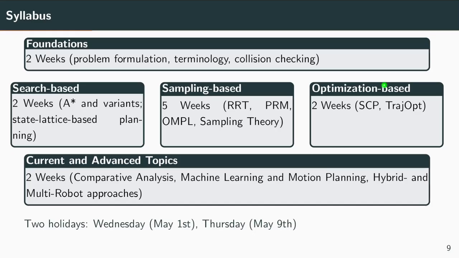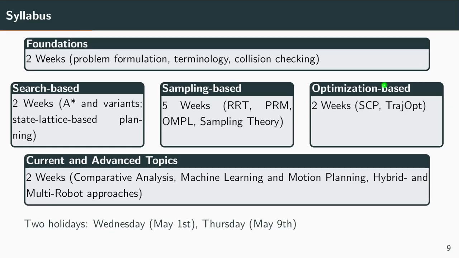And then we finalize with 2 weeks of current and more advanced topics. One important thing is that we try to go back to all of these methods and compare them. What are the pros and cons? In which case would I use what? We look at hybrid and multi-robot approaches, and also a little bit on machine learning. Although this year we will reduce it because there will be more of that in the robot learning class that happens in